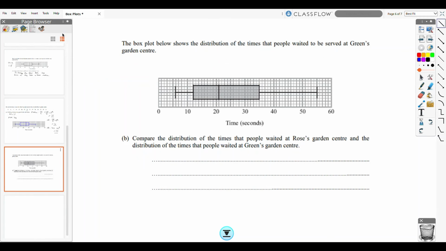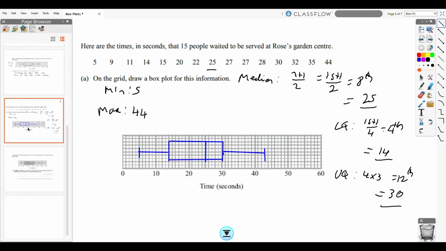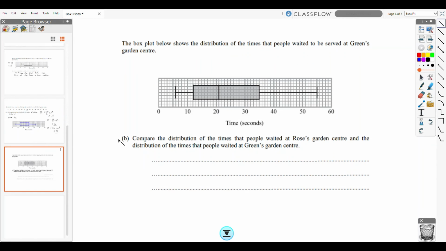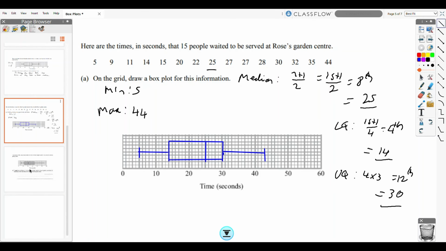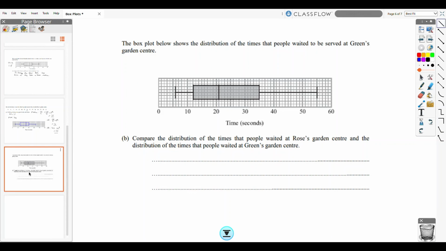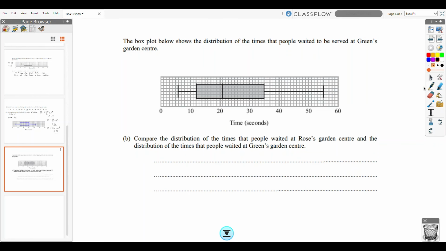Right, last part. So the second part of this question, the last thing we'll do, is the box plot shows the distribution of times that people wait to be served at Green's Garden Centre. And in the first one we were looking at Rose Garden Centre. So it says compare the distribution. So we're going to compare the median and then the IQR. So the median here is 21, but the median in the first question was 25. So you could say here that on average